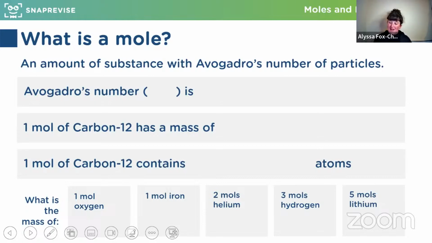It's an amount of substance with Avogadro's number. Avogadro's number, also known as capital N,